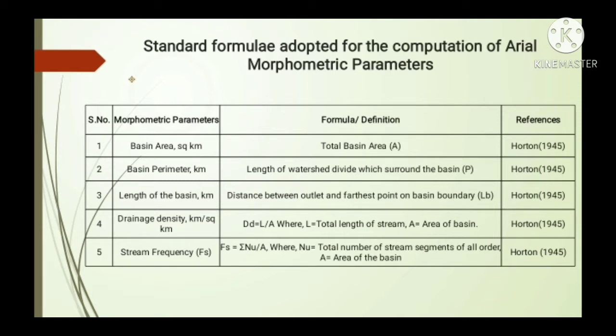Basin perimeter is the exterior boundary of the watershed and is calculated along the ridge line or the highest contour line that indicates size and shape. Basin length can be defined in many ways. For instance, Horton in 1945 elaborated basin length as the separation between outlet and the farthermost point on the basin boundary. According to Schumm in 1956, basin length can be taken as the longest basin dimension measured from the drainage outlet and parallel to the principal drainage line extended up to the boundary.